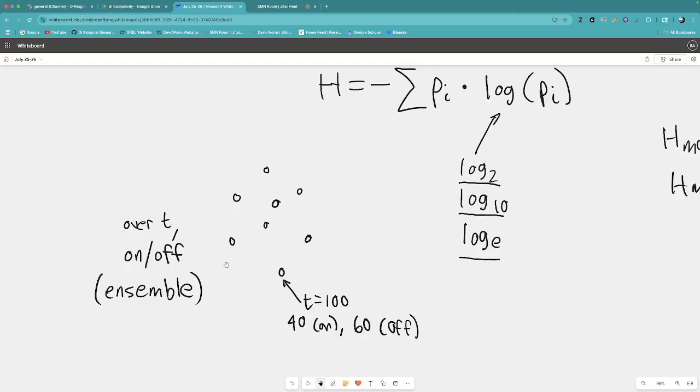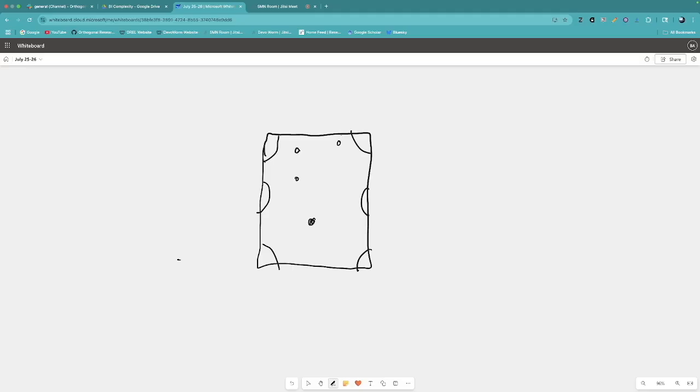So if you wanted to measure, for example, the state of a pool table, you have a pool table and you have the pockets here. And then you have your cue ball, of course, and you have your other balls scattered about the table.